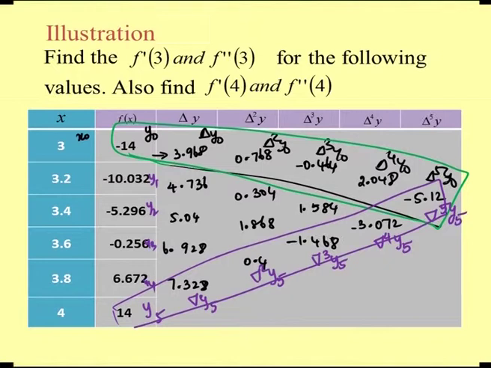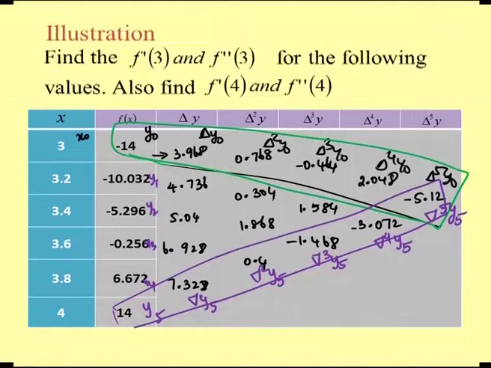So, we have to find out f dash of 3 and f double dash of 3 for the following values. X values, f of x values are given, and these values are del f of x, del square f of x, del cube f of x, del power 4 f of x, del power 5 f of x is given, and the first set of values are the corresponding initial values, and we are also finding the derivatives at the initial values. Therefore, minus 14 is y naught,